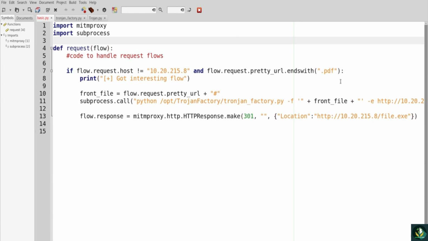Once we get here, it prints interesting flow, and then we have a variable called front file. Think of this as a container, and it contains flow.request.pretty_url, and this is basically the same URL as in this first line. This is the direct URL that the target person is opening. This is perfect for us to use as front file when we generate our Trojan, and that's why we're storing